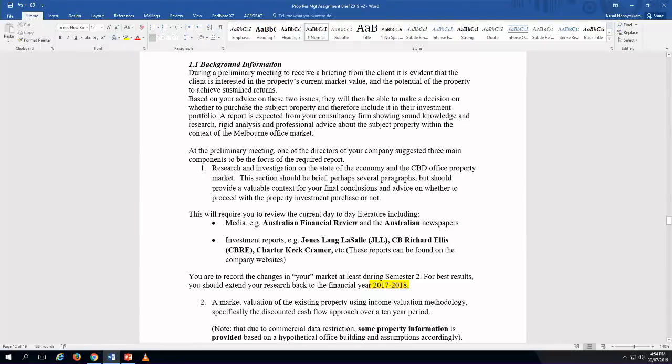Based on your advice on these two issues, they will then be able to make a decision on whether to purchase the subject property and therefore include it in their investment portfolio. So based on your report, you have to do the valuation report to calculate the value. Right. And based on your return,